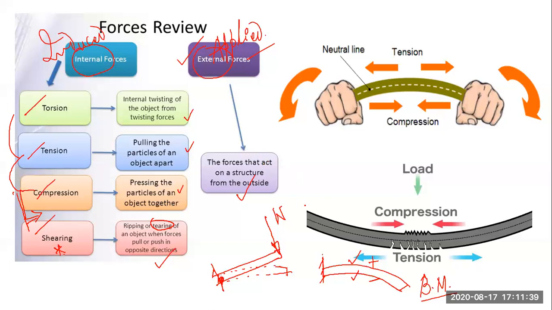Now, in the reverse case, if a beam is like this, and the beam or the slab is resting over two supports, one reaction here and another reaction here, what will happen? They will give you the reaction forces. Now, if a load is applied here, what is the tendency of the curvature, or the deflection, or the turning effect produced? The beam, if it bends, will bend like this.